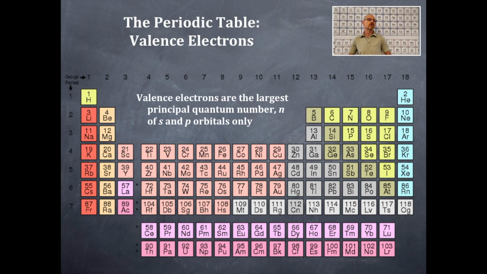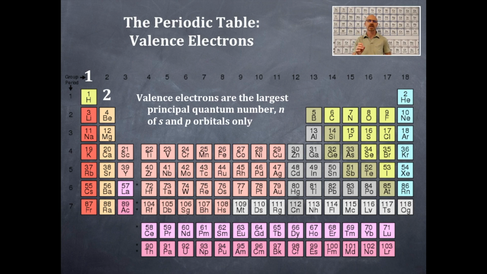Alright, so where's group 1? Label that vertical column. Group 1, bam! That whole vertical column is group 1. So how many valence electrons in group 1? 1! Piece of cake. Now label group 2 as group 2. So, how many valence electrons in group 2? 2! Fantastic. Now we're going to skip the transition elements and the inner transition elements, and we're going to go to